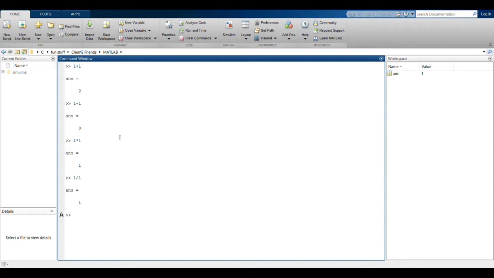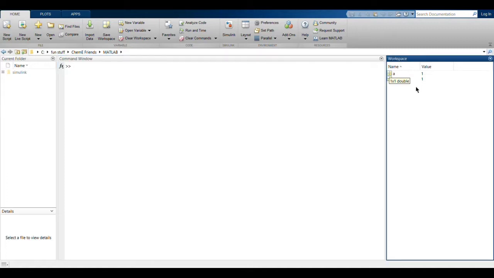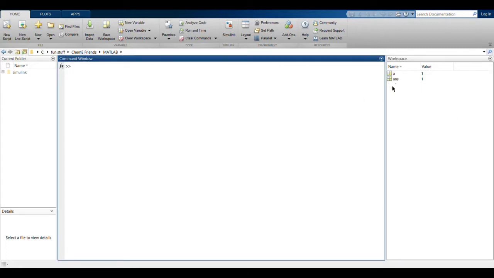Alright, so for example, my command window is all crammed up and I want to clear the space. I can just type clc and press enter, and you can see the command window is erased. Again I can type something such as a equals 1, and yeah, my command window is empty. Now again I have typed something, but you can note that even though I cleared my command window, my workspace still contains the data which I had stored from the command window. So a equals 1 and the previous operation is still present in the workspace.